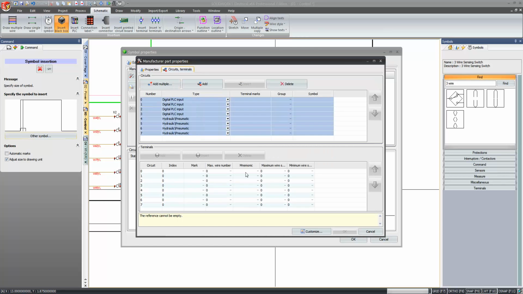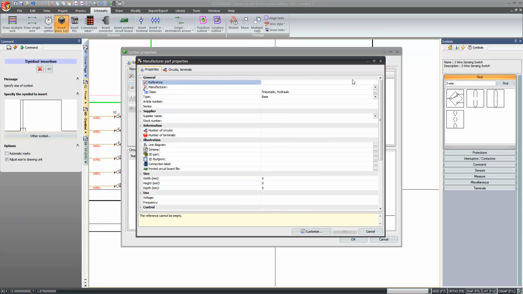Last step here, just to make sure that all the terminals get labeled right. So just to save time, I'm going to select that in-0, type 1, hit the down arrow, hit paste, hit 2, down arrow, paste, hit 3, down arrow, hit paste, hit 4. Do the same thing for the outputs. Out 1, down arrow, paste 2, down arrow, paste 3, down arrow, paste 4. So in just really a few seconds, we've created the circuits, and now we're ready to give it a part number,